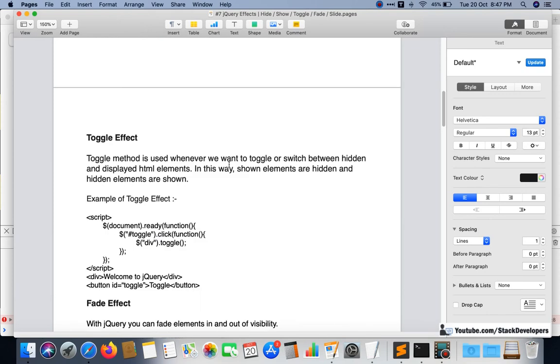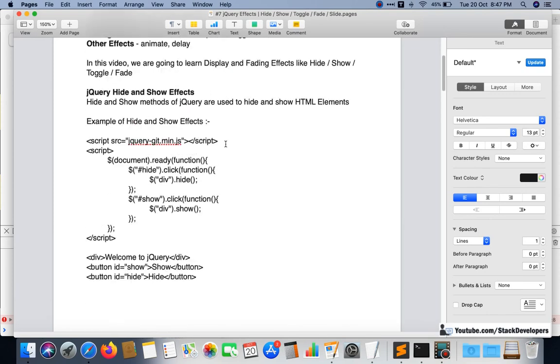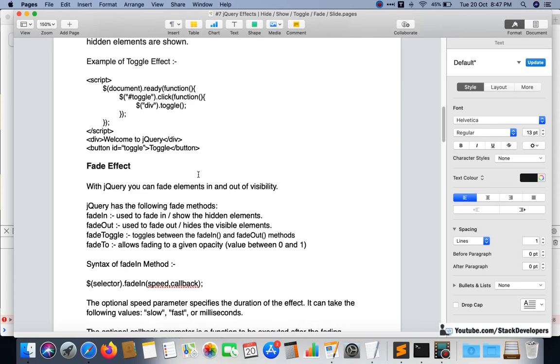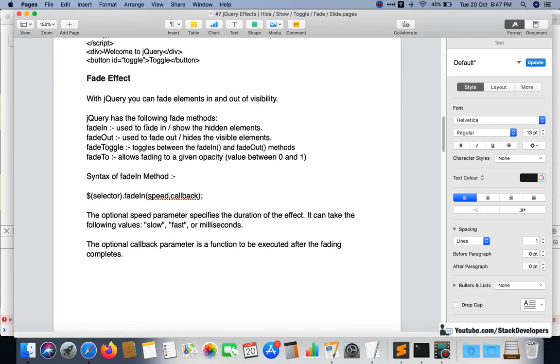We can pass the parameters. You can see here its syntax. I'm going to show the syntax of these. See, fade effect, this is the syntax. Here the selector will come, that we already know, and fade in we are using, then speed and callback.